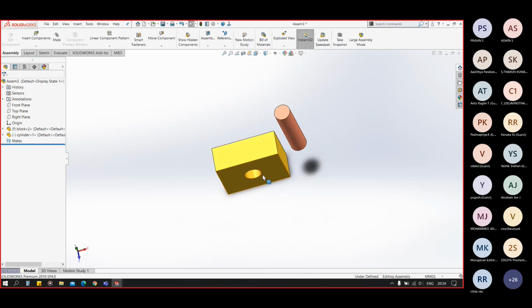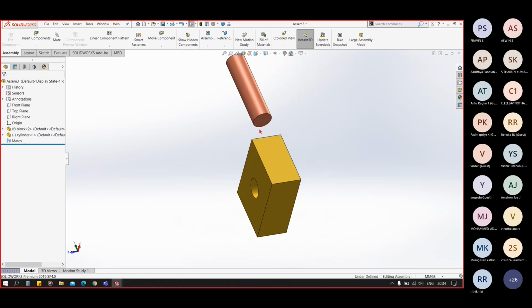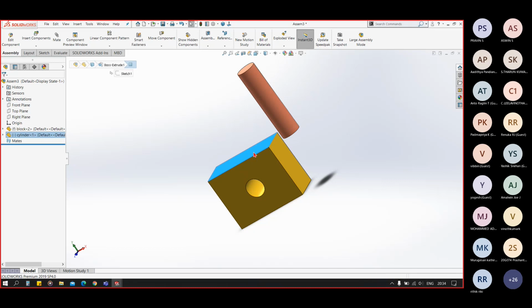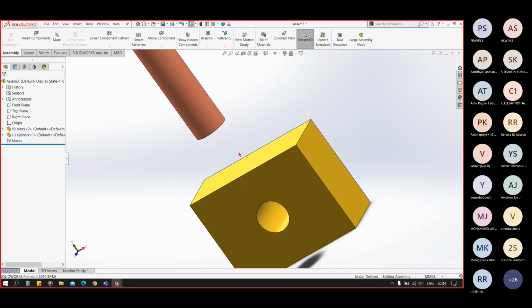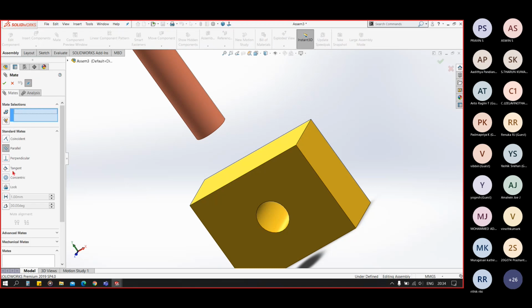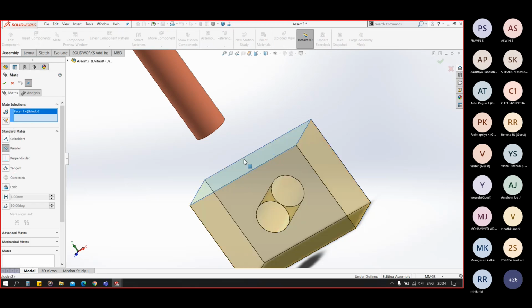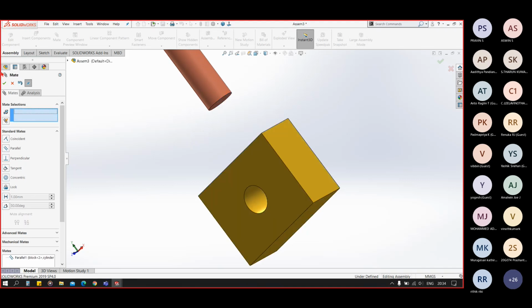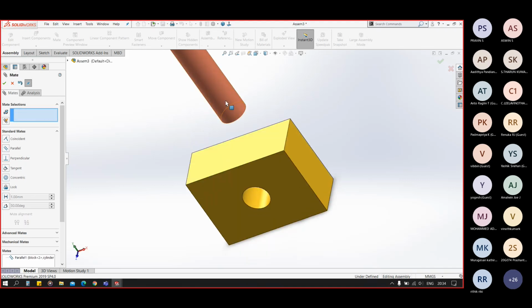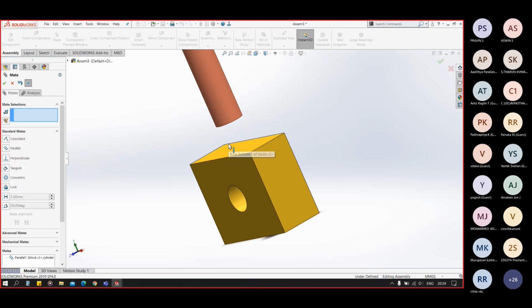Now suppose we want this face and this face to be parallel only, but not coincident. So now go to mate, select the parallel one, click on this face, click on this face, click OK. Now you can see we have both faces parallel, but those are not coincident.